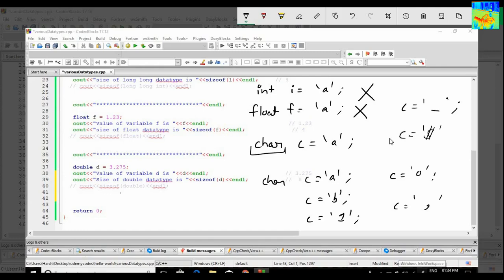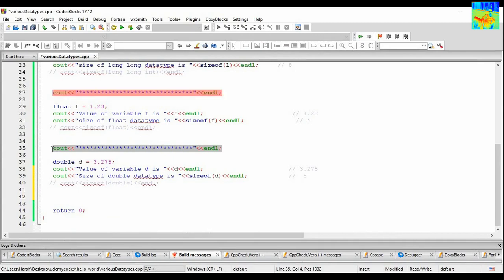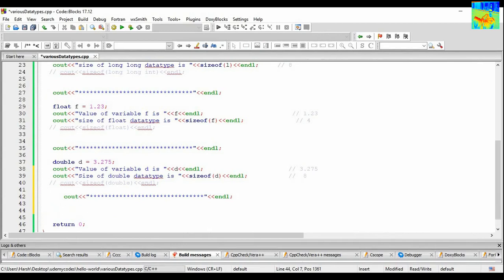So what is the size of char? The size of char is 1 byte. Okay, so Control C, Control V. char c equals, let's say, 'A'.